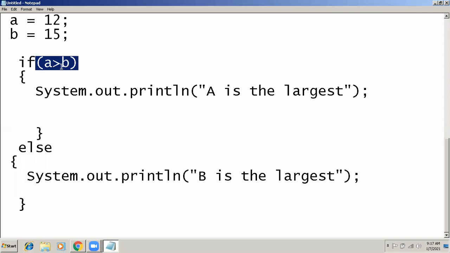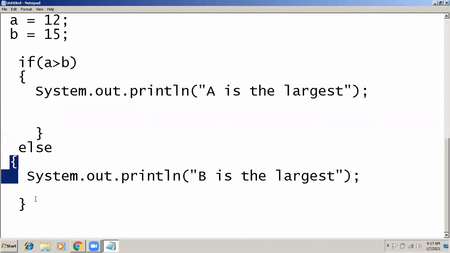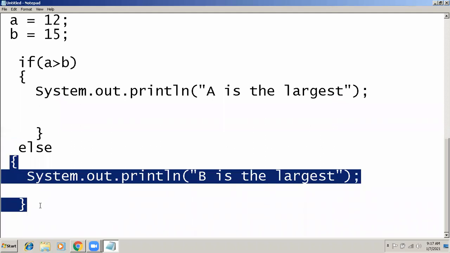A logical expression means an expression which can be either true or false. If it is true, then the if block will be executed by the program, and if it is false, then the else block will be executed. So this is how if else works.